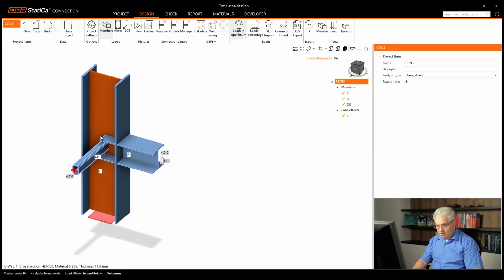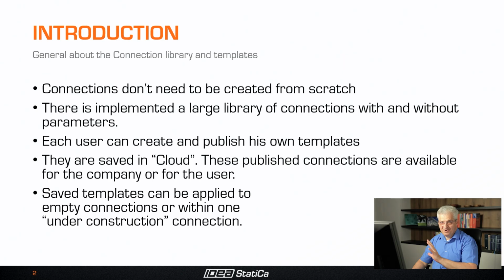A little bit about the connection spec. I have PowerPoint prepared to not forget some topics. So the connections which you create, you don't need to create from scratch. With the operations, you can use these templates. You can also save your templates.